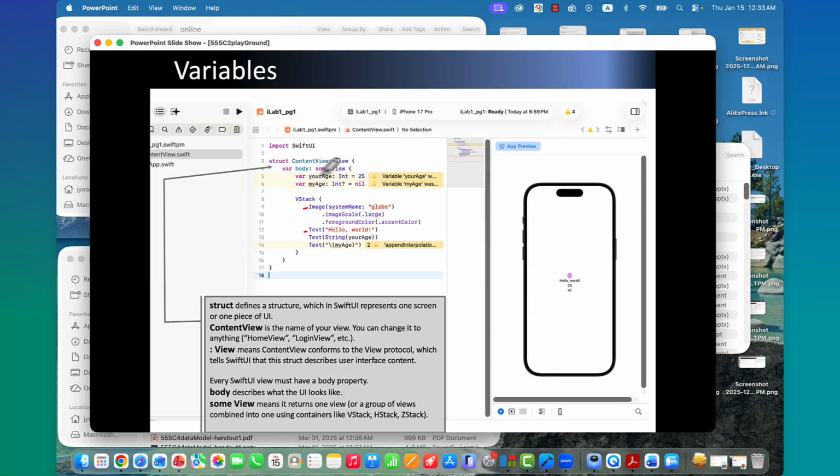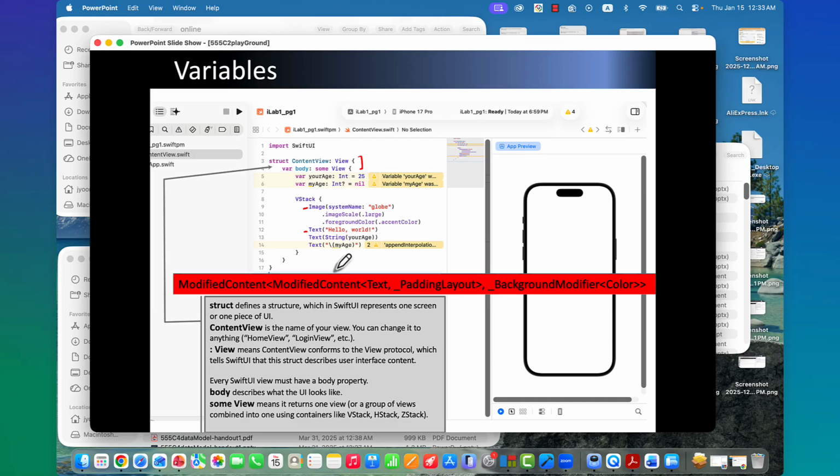But at this level of declaration, it doesn't say any specific views. So this is very, very tricky, right, in Swift. Rather than specify, it says some view. So I want to use some view. You don't need to worry about it. You don't need to change it. Simply use some view. This is not typed. This is a given. You will see what it is. Okay. So we'll do that.